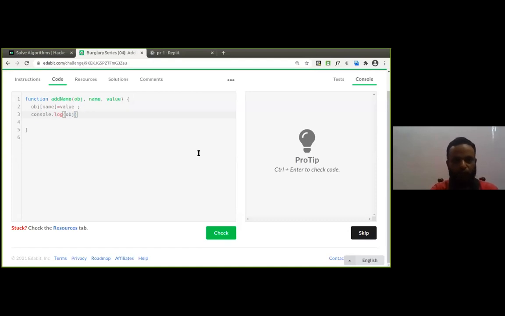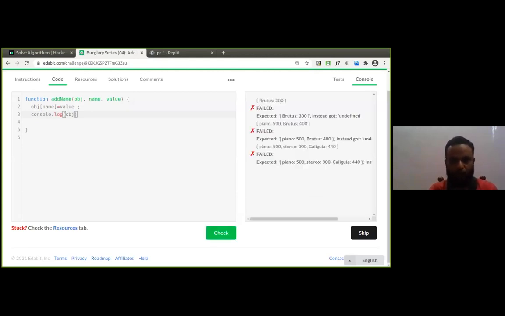We have just added a new key and value. So we got the answer Brutus 300. We have to return that. Fine. In the next case, we have to get that one. So what do we need to return here, everyone?